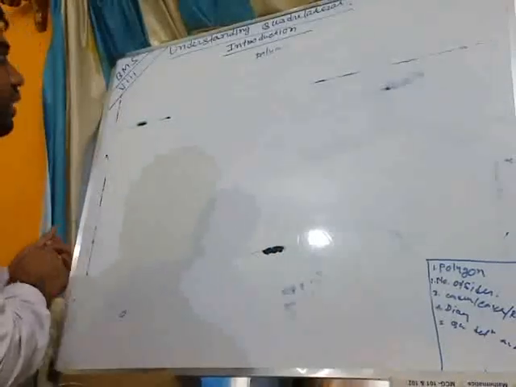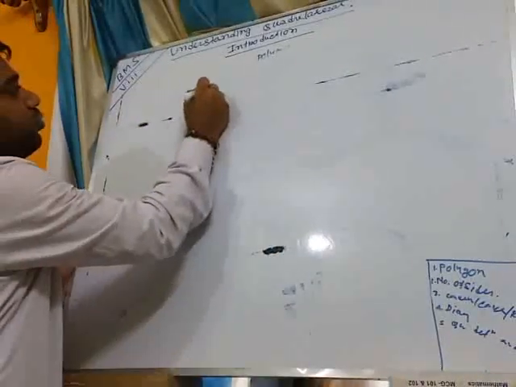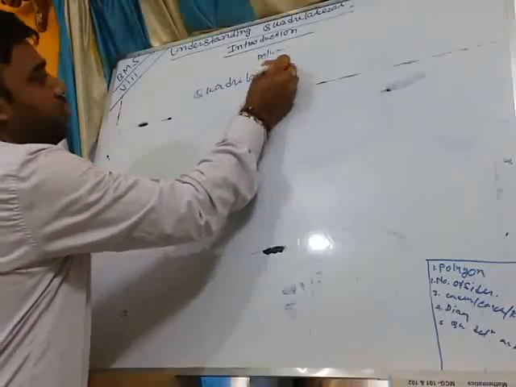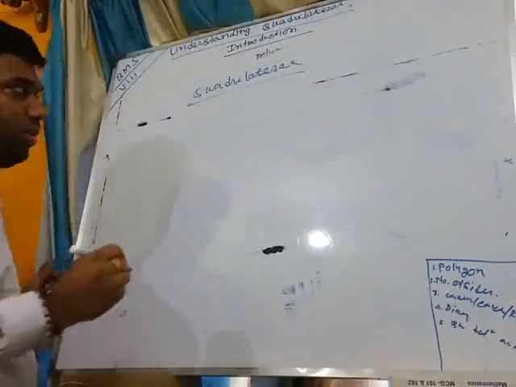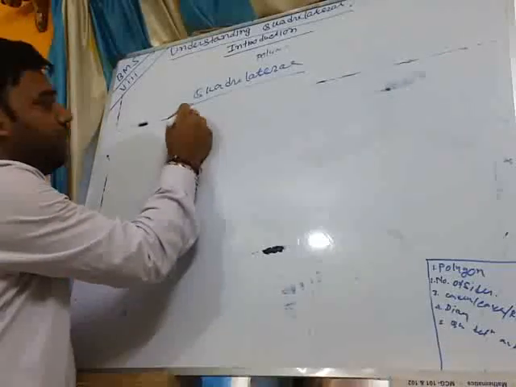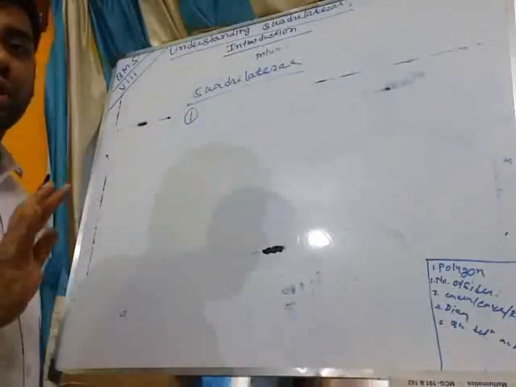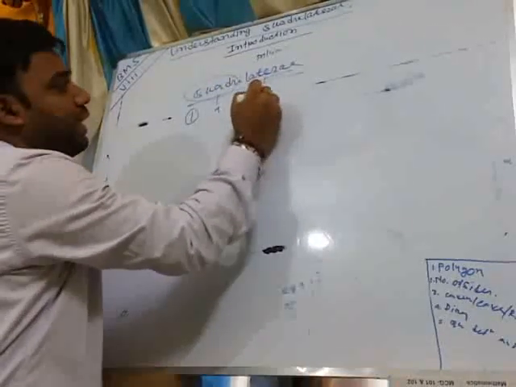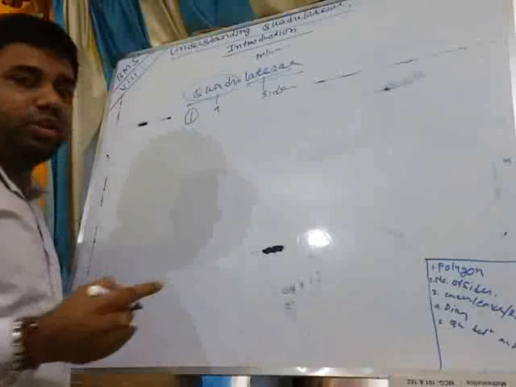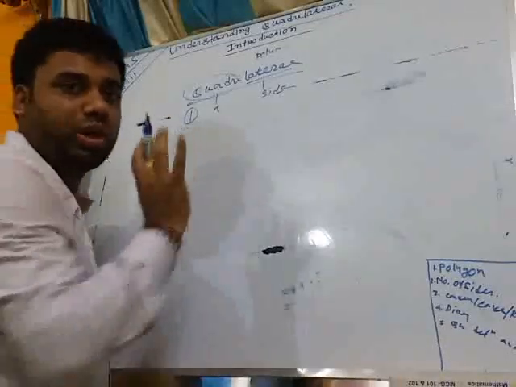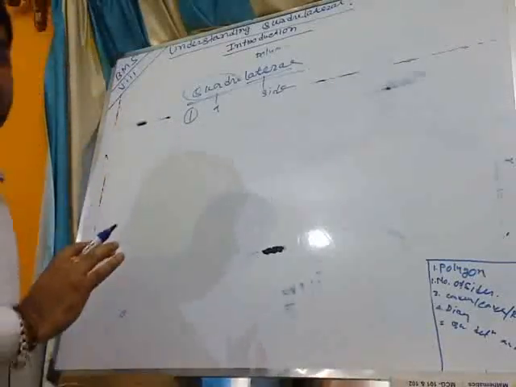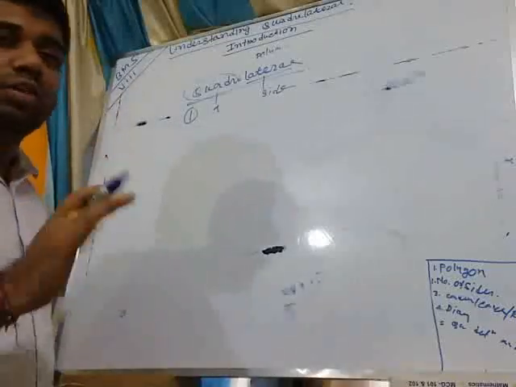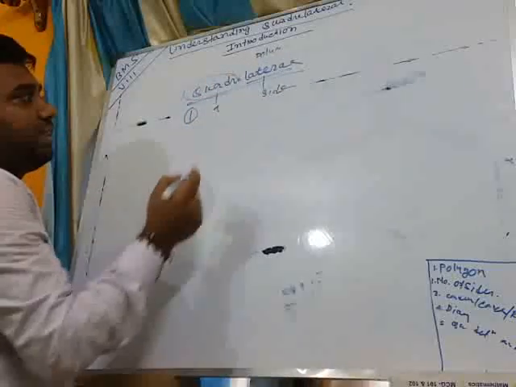What is a quadrilateral? A quadrilateral means a simple closed curve having four sides. Quad means four, and lateral means side. Any polygon having four sides is called a quadrilateral. It should be a simple closed curve. Polygon means simple closed curve. So a polygon having four sides is called a quadrilateral. Now,